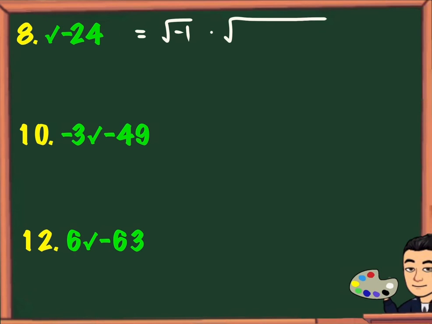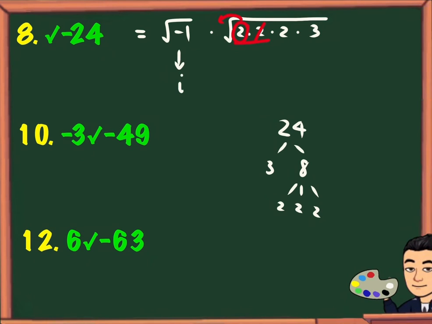of 24. But 24, I'm going to use the factor tree to write the prime factorization. So this is 3 times 8, and 8 is 2 times 2 times 2. So I'm going to write it as 2 times 2 times 2 times 3. So I'm going to go ahead and underline two of the same factors. Circle one, cancel another one, bring this one out. So I have i times 2 square root of 6, and this is going to equal 2i square root